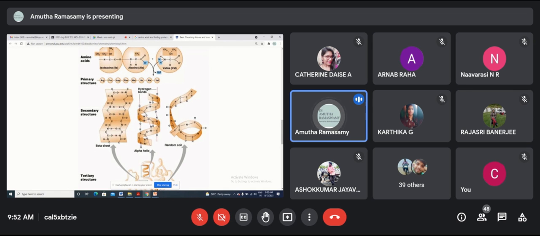It is making a hydrogen bond. This hydrogen bond is not a covalent bond. It is a non-bonded interaction. Okay. So in any biomolecule, more than 90% of the interaction is by the hydrogen bonding network. Now we are seeing the hydrogen bond within the same protein. But